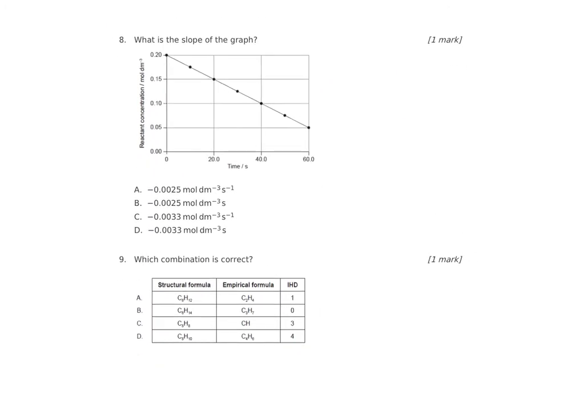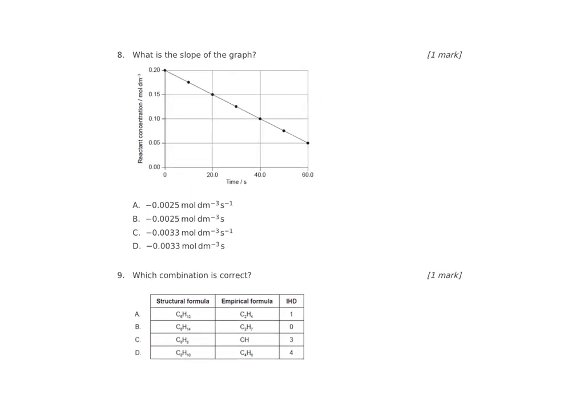Number 8, what is the slope of the graph? Okay, so here we're working out the gradient of the line. Well, first of all, I can see the units are different. So I'm going to cross B and D out because the units are wrong. So it's either going to be 0.0025 or 0.0033. So it's going to be